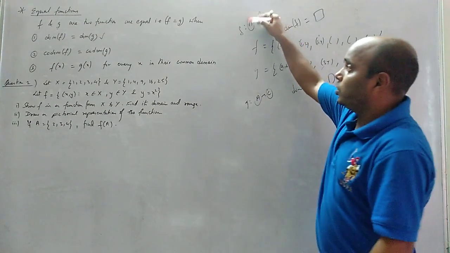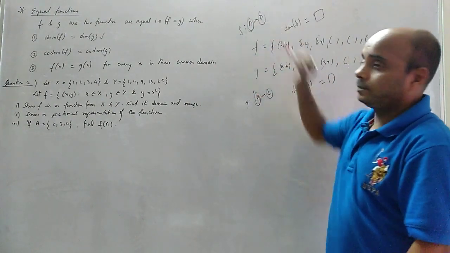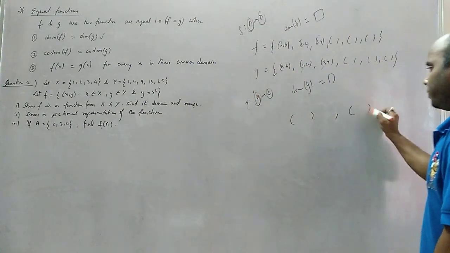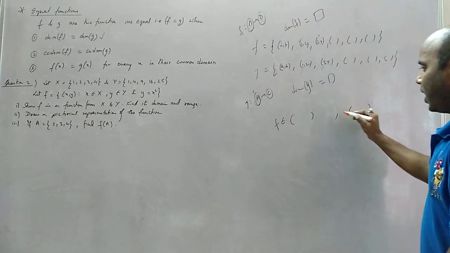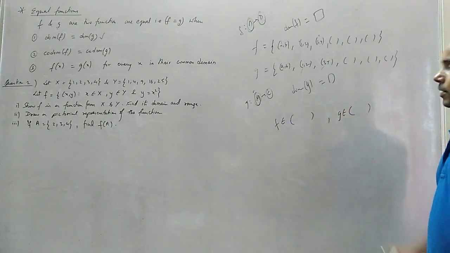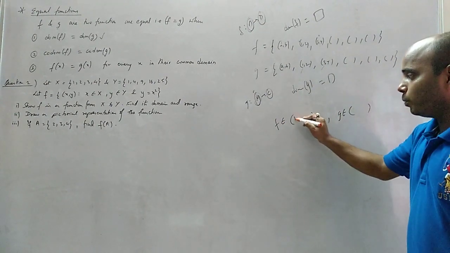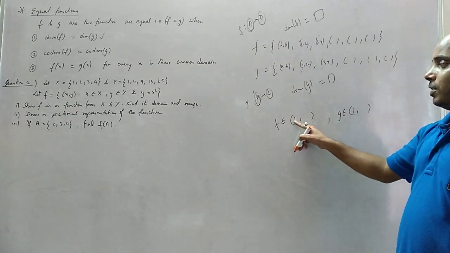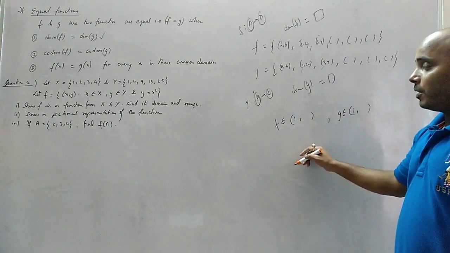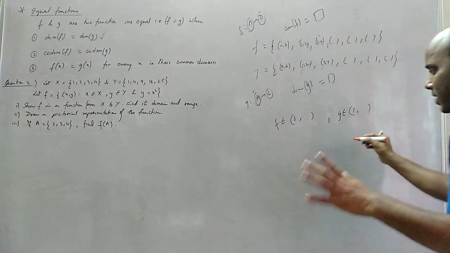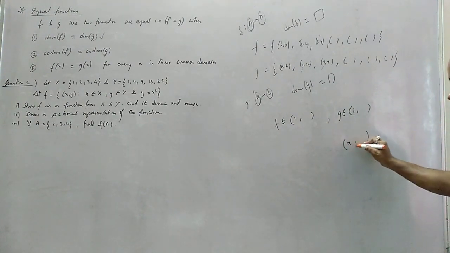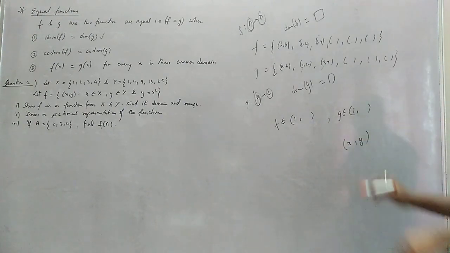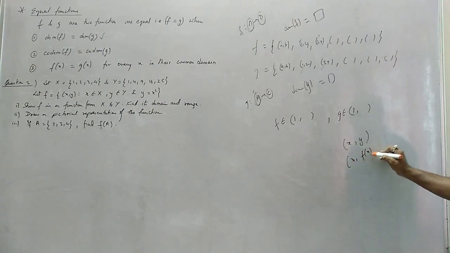So we know this whole thing are equal. We have two ordered pairs. One is inside f and one is inside g. Okay. For example, here the domain is 1, here also the domain is 1. So when I substitute this here, okay, so what will happen? So whatever, now try to understand, this thing, ordered pair, we write like this. First elements are x, second elements are y, and y is called as f of x.